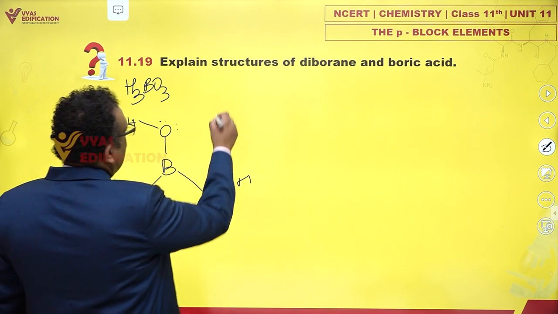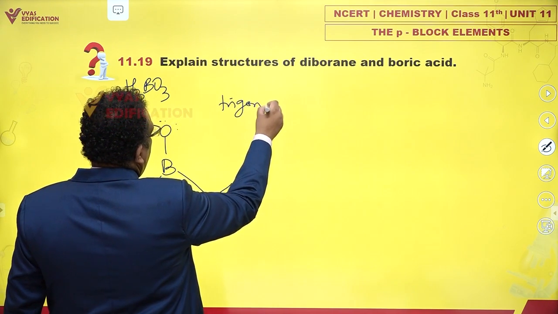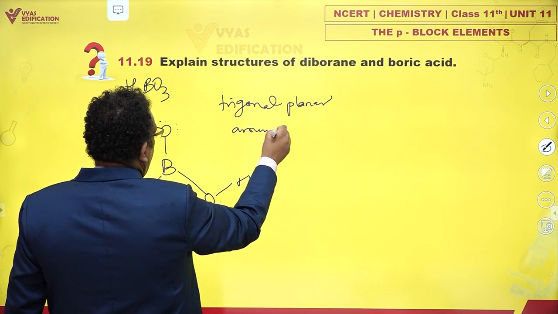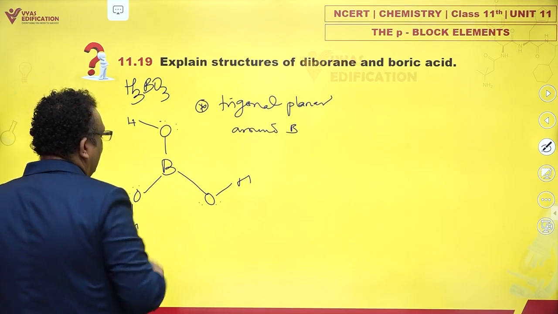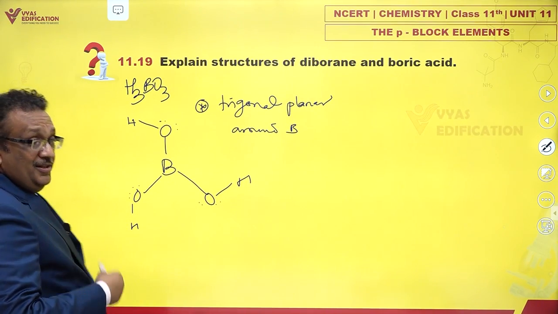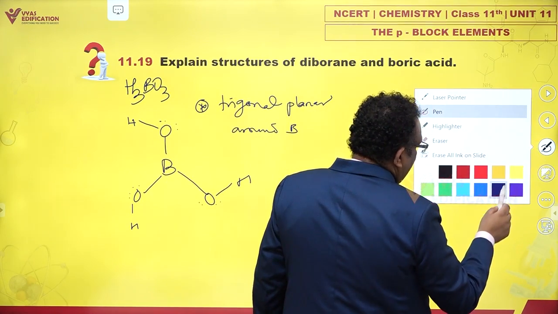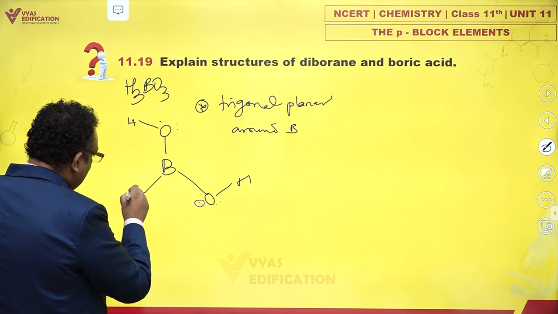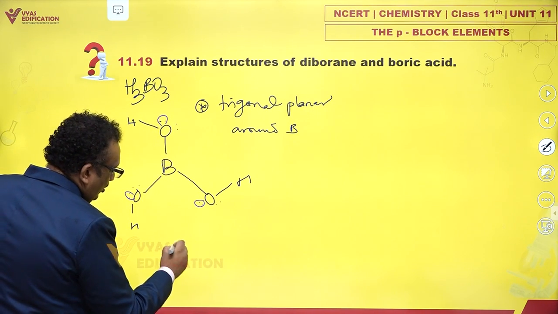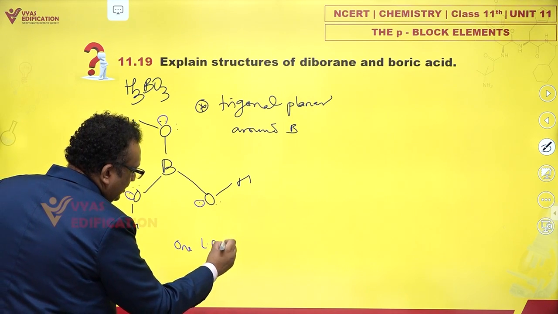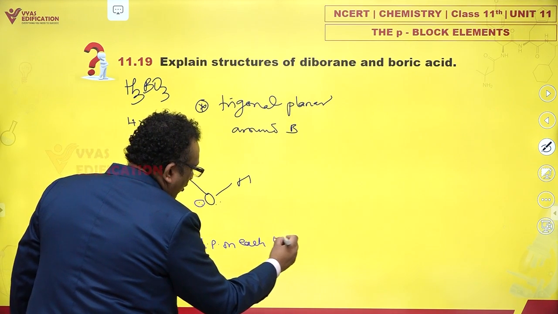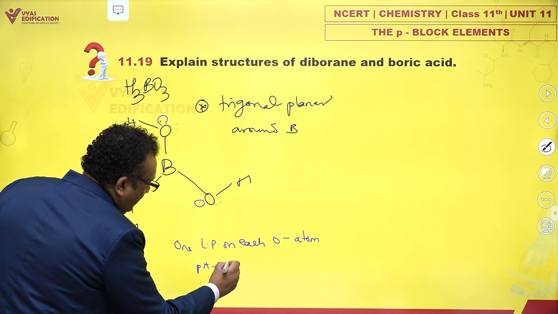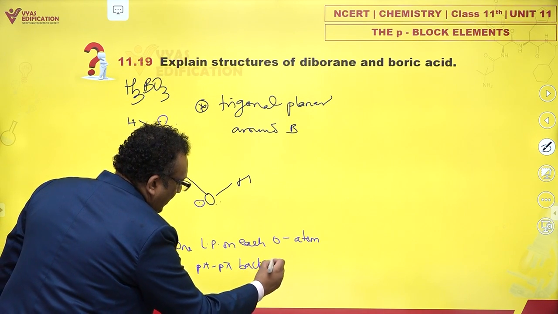It might appear that this could be a zigzag molecule, but no. Boric acid is trigonal planar around boron. And also please note, the funny part of boric acid is that each of these oxygen atoms contains lone pairs. So one lone pair on each O atom undergoes p-pi back bonding